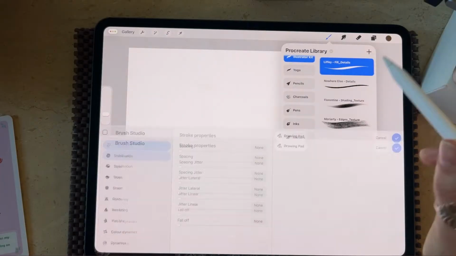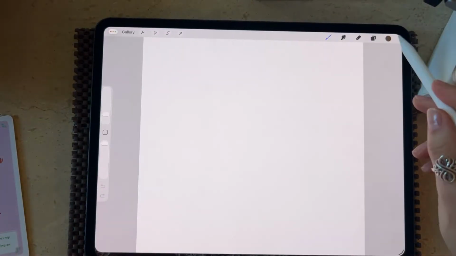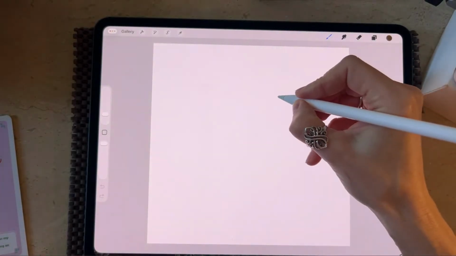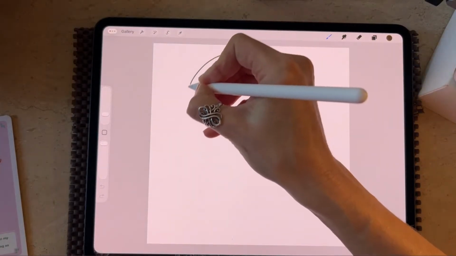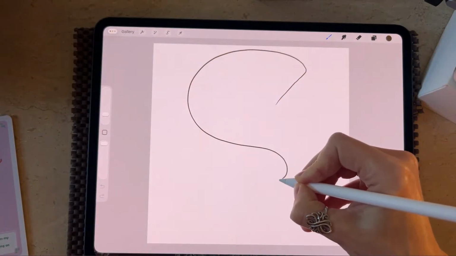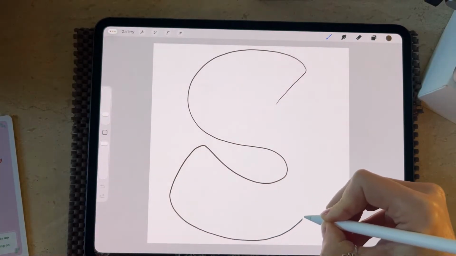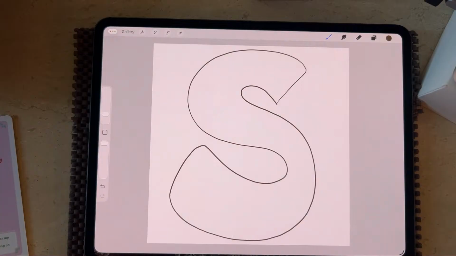Get your pen or pencil. Oh, little crash from Procreate. So getting your pen or pencil, draw your letter S and make it big enough so that you can doodle within the container. Doesn't need to be perfect. That's our letter S. So we're going to be dividing this into 4 different parts.